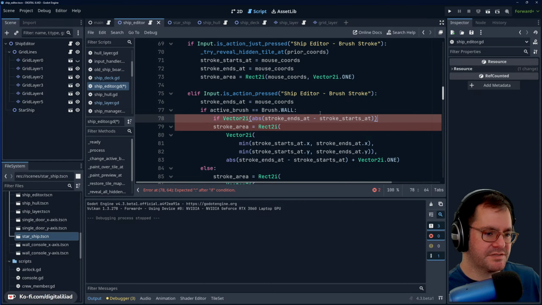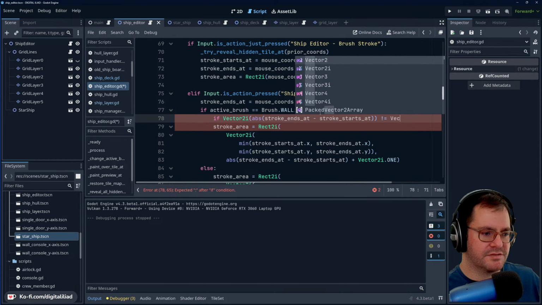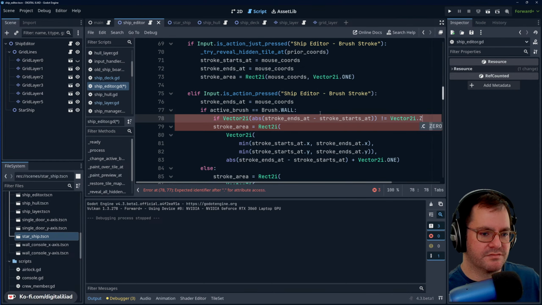So we'll say if this is not equal to Vector2i.ZERO,